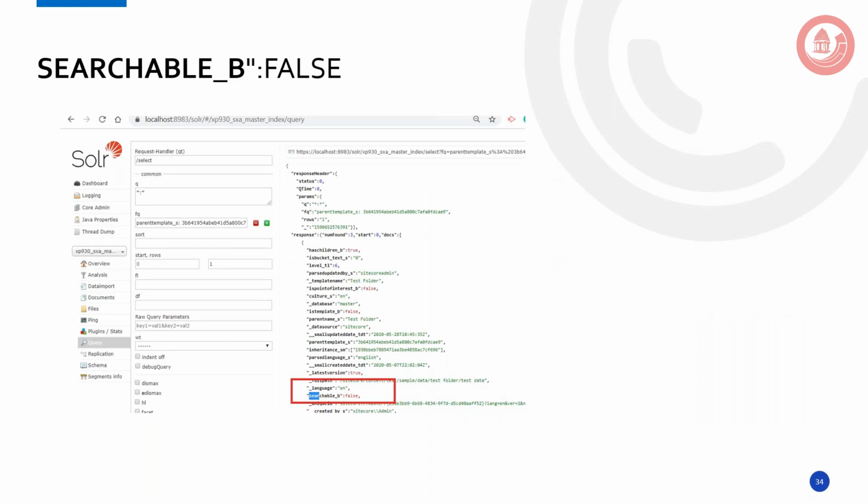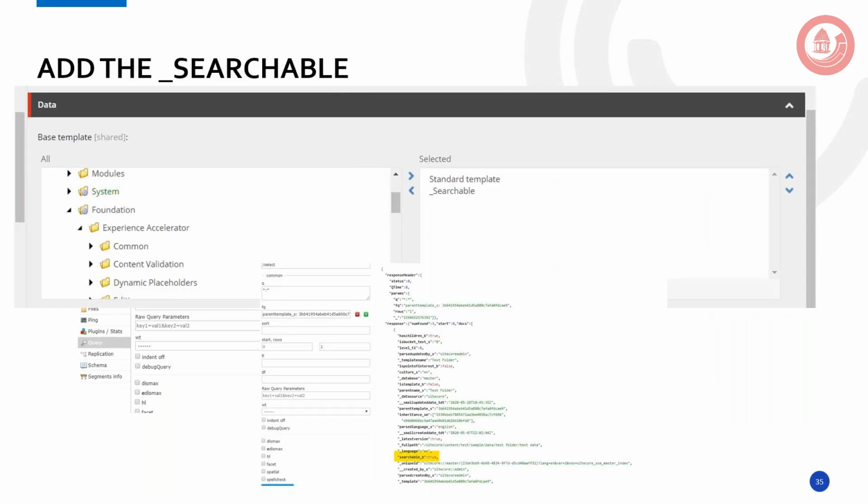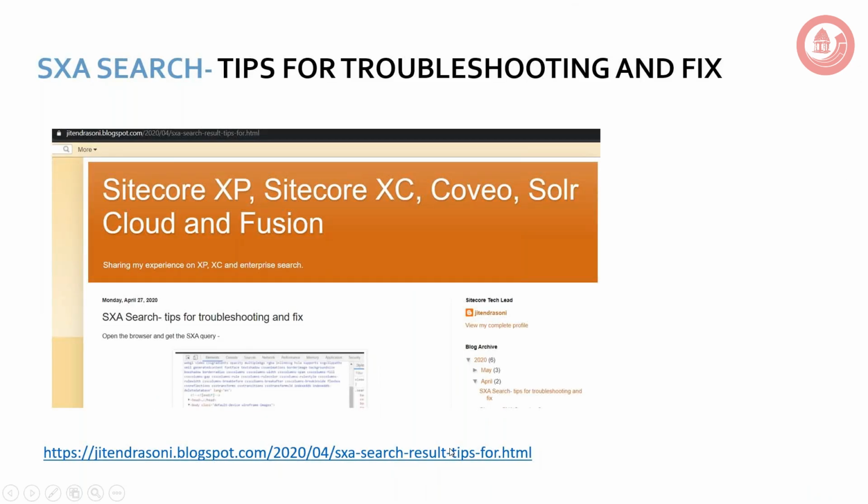So searchable was false, and then you go to the Sitecore tree, choose the template for that data, and pass this searchable as a base template, and when you do the search, you would see that data here. So there are a few tips for troubleshooting.